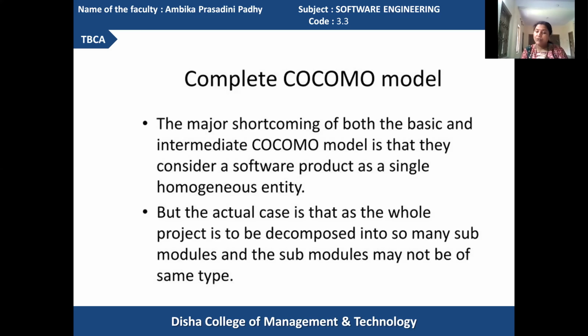Let us view one example of a distributed management information system. If you go for identifying the operations to be performed in a management information system, then the modules can be identified from the MIS according to the requirements of the product. Suppose your management information system has an interface part to develop.